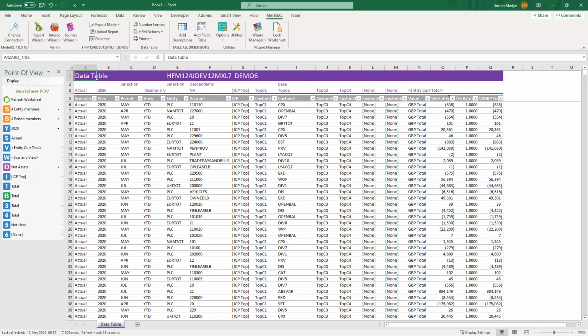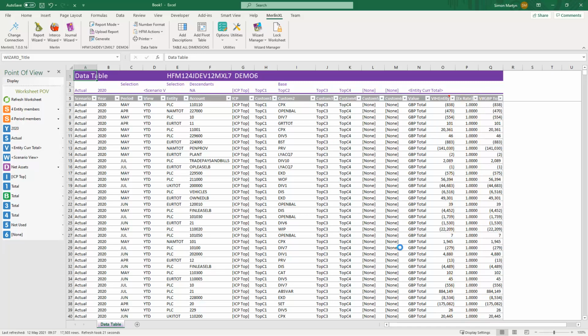The data is displayed in both entity currency and also in a single target translated currency, and the target currency is based on the entity's currency of the entity member before any selections were made. The exchange rate column is calculated and is the effective exchange rate and not necessarily the exchange rate loaded into